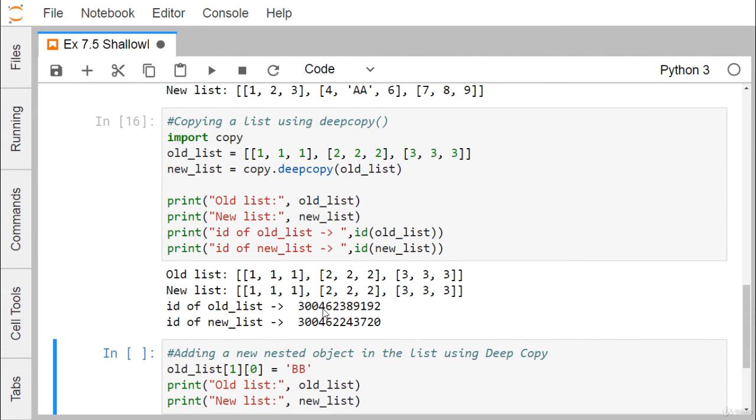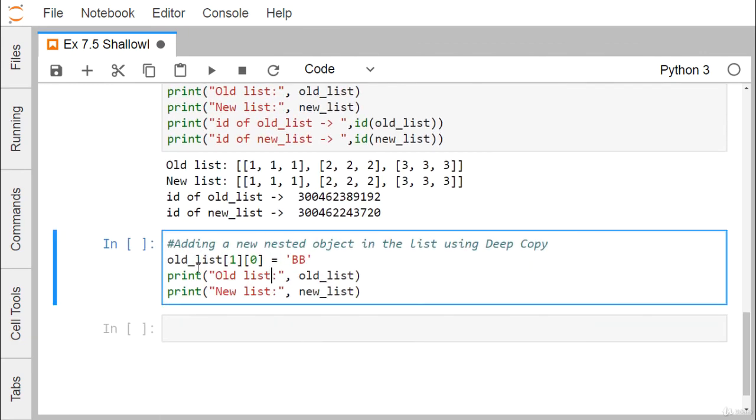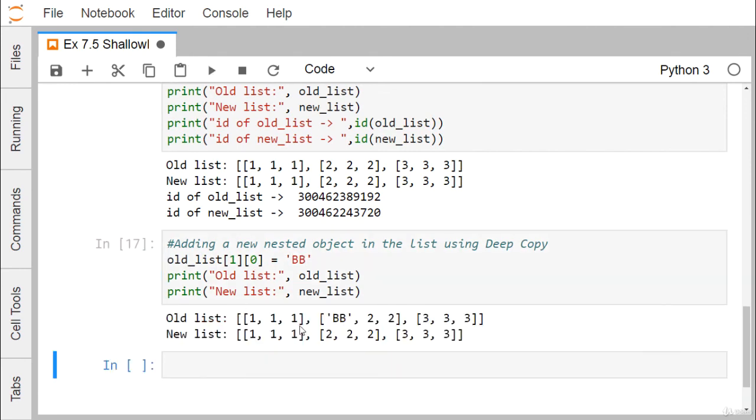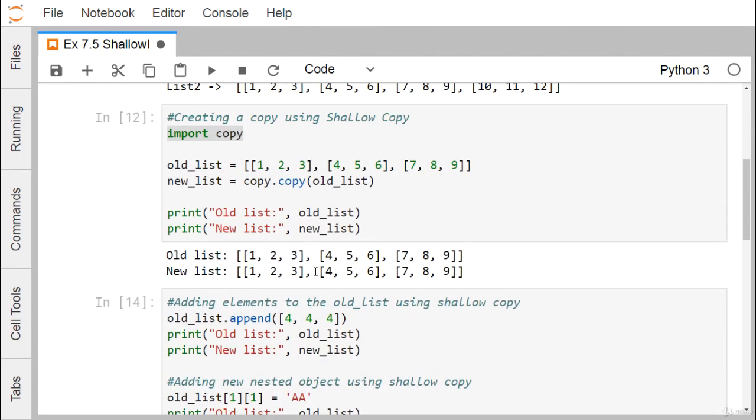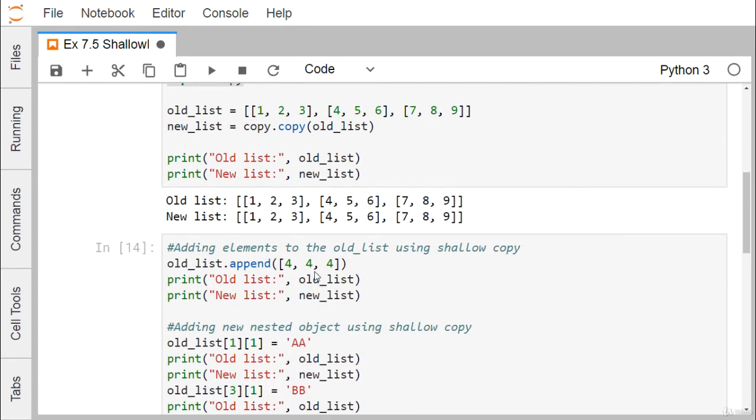A deep copy creates a new object and recursively adds the copies of the nested objects present in the original elements. And let us go for some updates here. Now here you see old list 10 is getting updated by the value BB. So now you can find that we're having this update here. But as in the new list we're creating a new object, I should not expect any update in this particular new list here. So I think now the concept of shallow copy and the respective deep copy is clear.